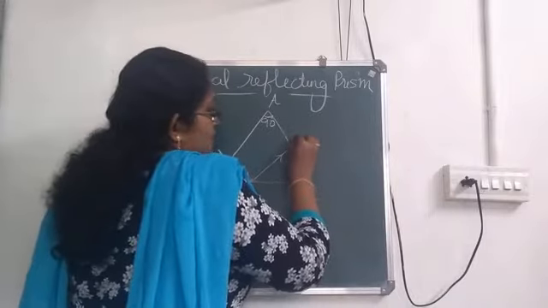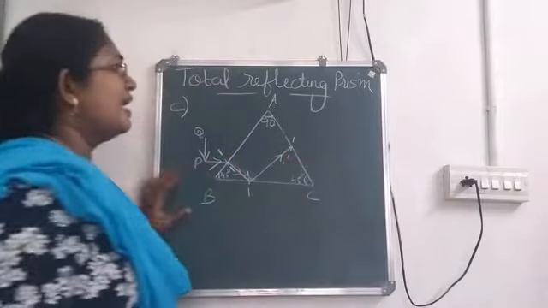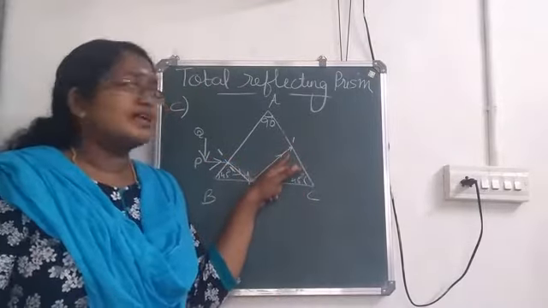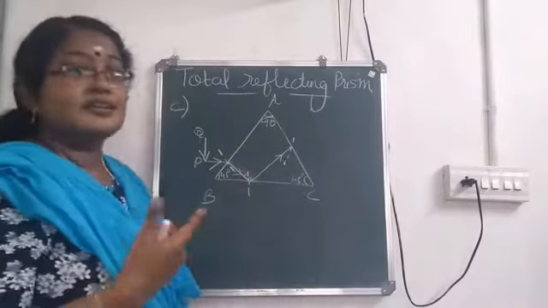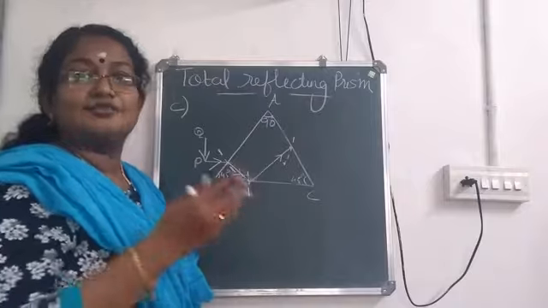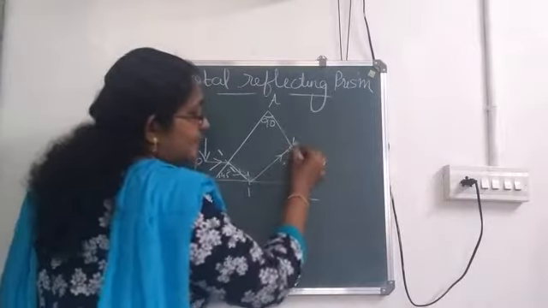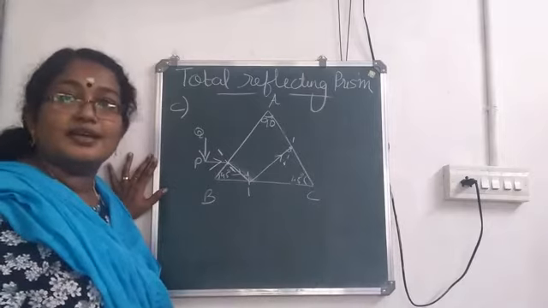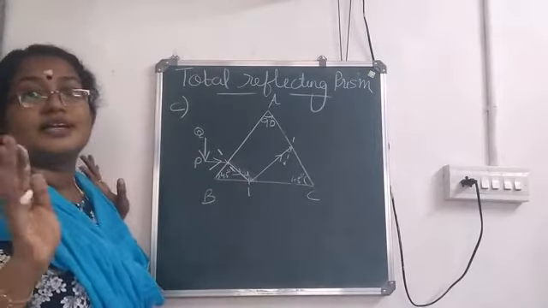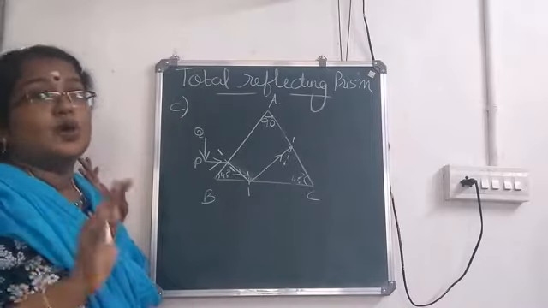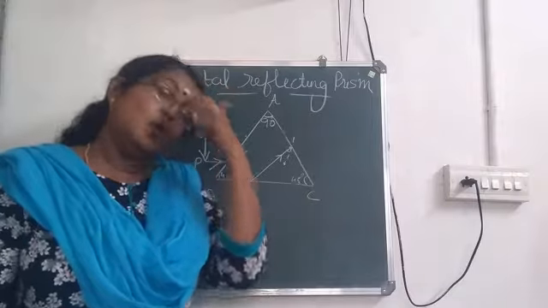So here also we are drawing the normal, and here when we check, this angle is not half of 90. 45 degree is easy to understand, half of 90, almost we will get that. But here you can see that this angle is less than 45 degree. So the ray won't undergo total internal reflection. Instead of that, it will go out.